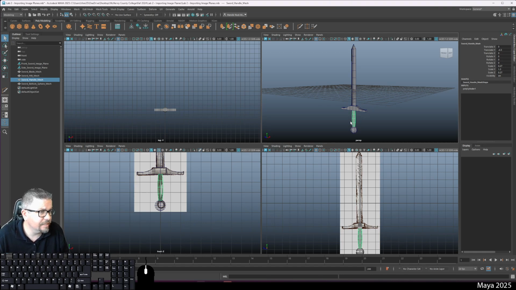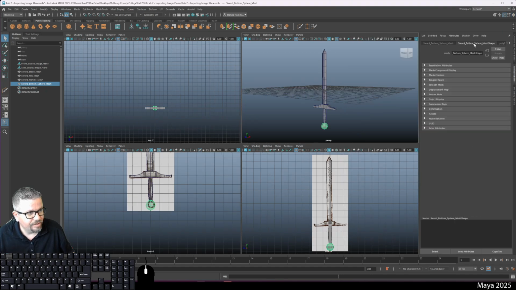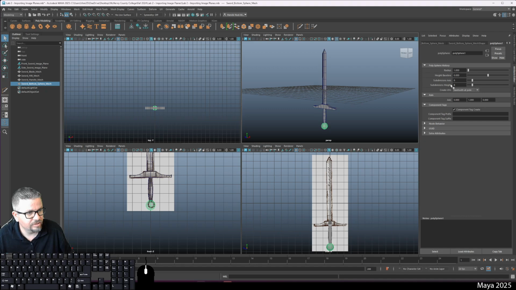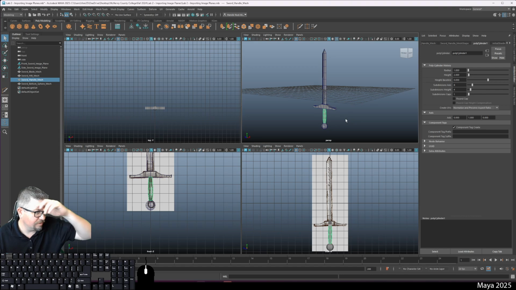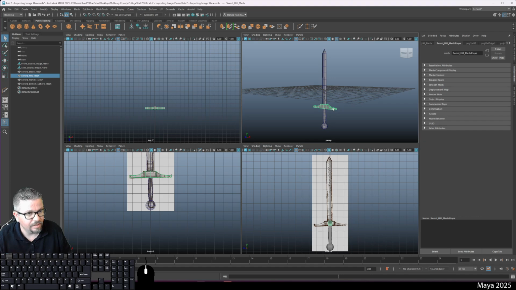Handle is -4.5, 2.27, 1.3, 0.27 on XYZ, and so on. So you can use this information, and then in your attribute editor, I'll run over this and show you. Just keep an eye on the subdivisions here. On the sphere, it's 8 and 8. On the polycylinder, which is the handle, it's 8, 4, and 1. On the hilt,